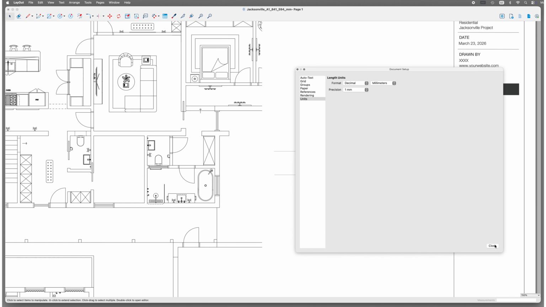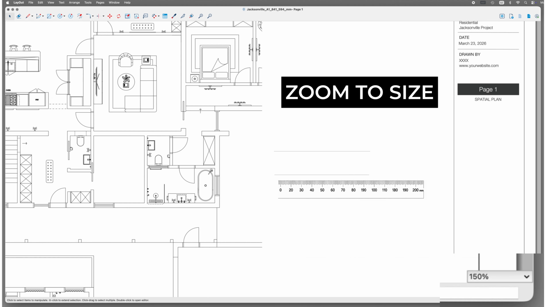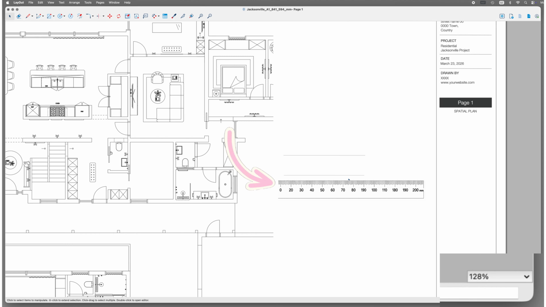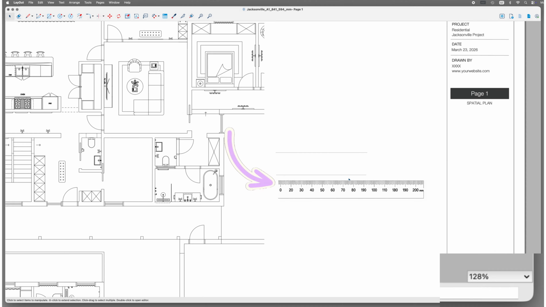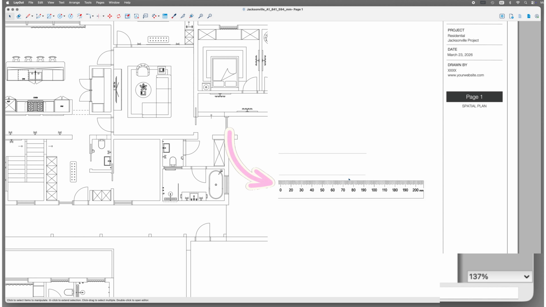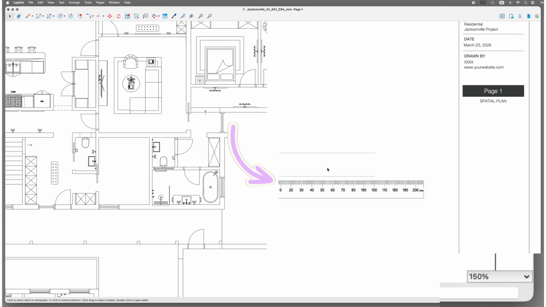Now let's zoom to that size. What you want to do is hold a real ruler or tape measure against your screen. I know I can't really show this properly, but I'm literally holding a ruler against my monitor at the moment. And at the same time, I'm zooming in and out until the line on the screen matches the real world